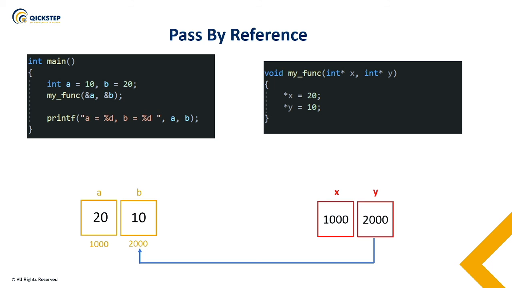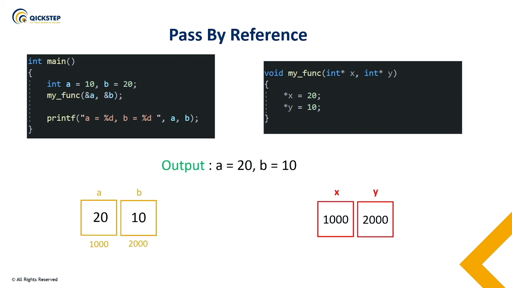Now, when I exit my function and come back to main, I print the value of a and b. You can clearly see that the values of a and b have been changed, because we had the addresses, and through the addresses we were able to access these values and change them in our function. So when I print this, you'll see that my output is 20 and 10. This is how you implement pass by reference in C. You pass the address and you access the value through that address, by means of which you can change the actual value in the called function as well. So that's all you need to know in pass by reference.